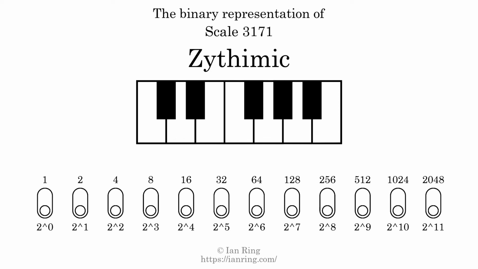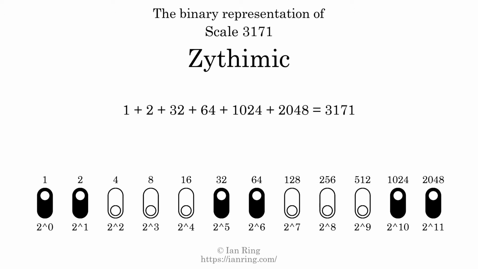The binary representation of this scale is determined by mapping tones of the scale to binary digits. Each binary digit represents a power of 2. To get the scale number, we add the powers of 2 together. The powers of 2 that are present in the scale, all added together, equals 3171. That is why the scale number, in decimal, is